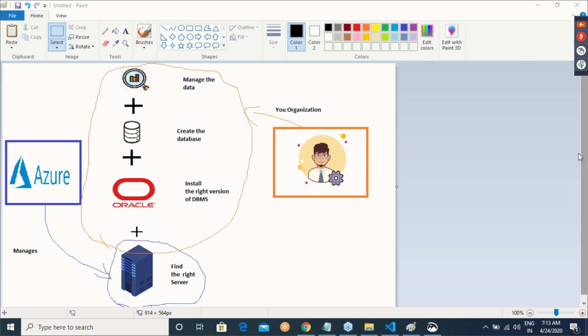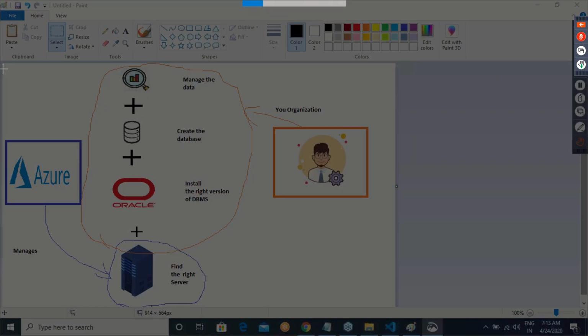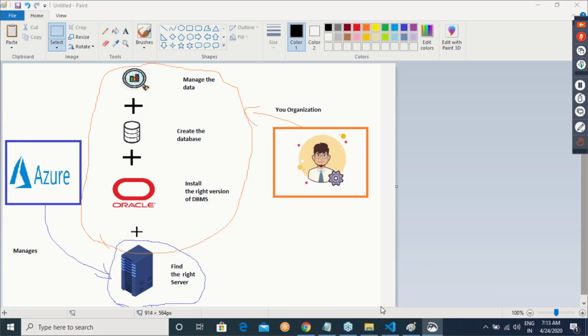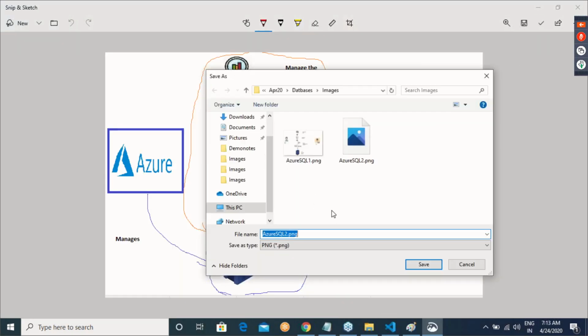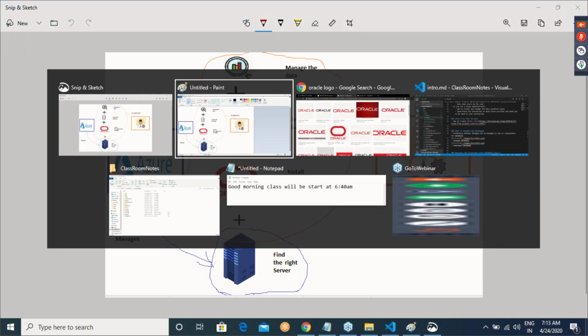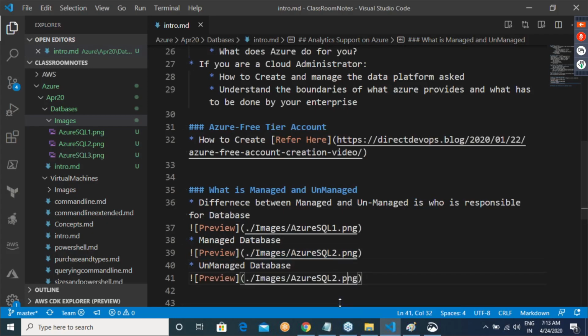But if it is another database, you might need to get into this. I'll answer your questions. First, let me give a broader note of what managed and unmanaged are. Let me save this, and this becomes the unmanaged database.